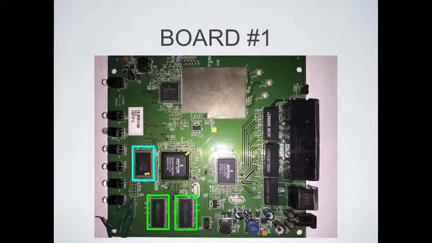So we have an MX29LV320CBTC, which is the blue or teal box, and that is actually a 32 megabit flash. This is a parallel flash because of the bigness of it, and the many pins that are around the chip. And then down at the bottom we have our